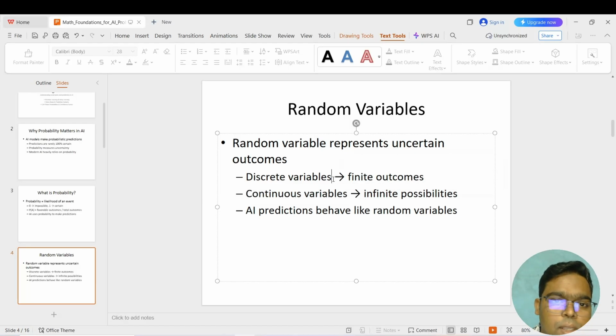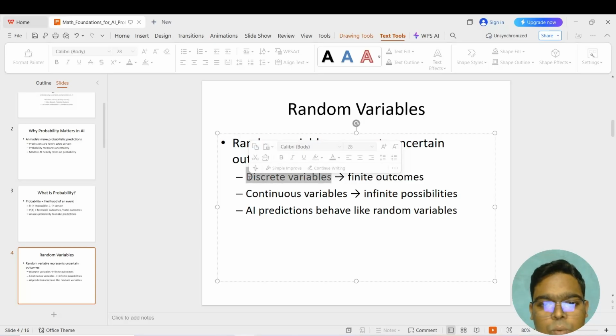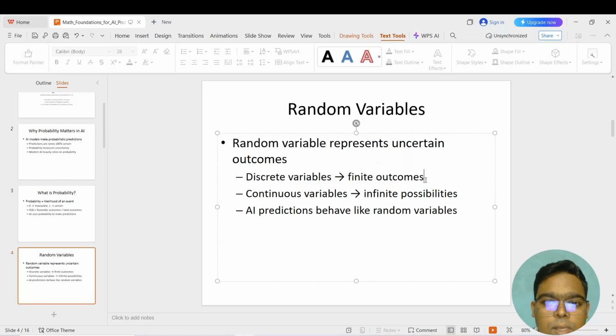And if I say discrete, let's say X equals 0 if it is head and 1 if it is tail. This is a finite outcome, which is why it is a discrete variable. In computer science, every AI system is ultimately mathematics, and you will see everything is represented as a random variable, an uncertain outcome itself, which is either a discrete variable or a continuous variable.